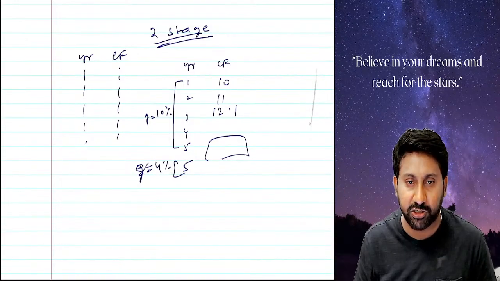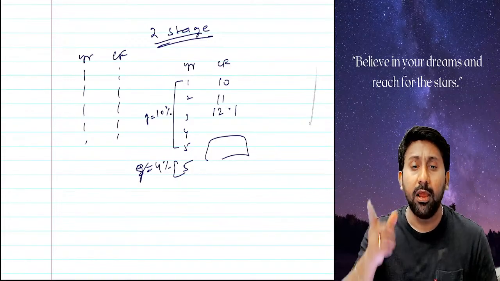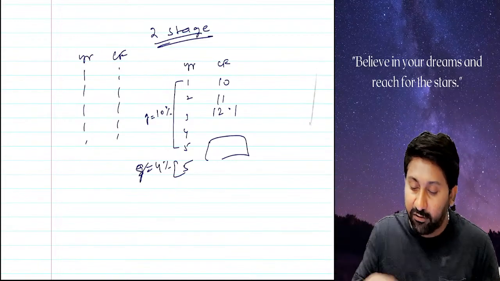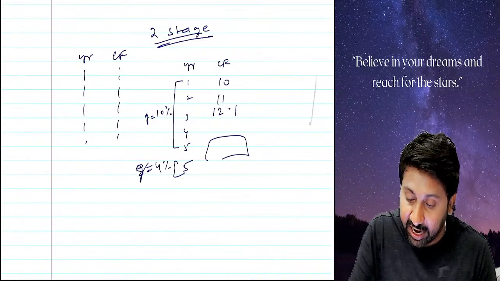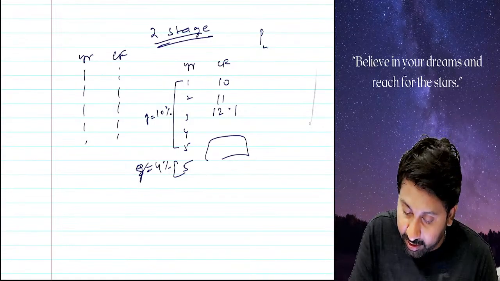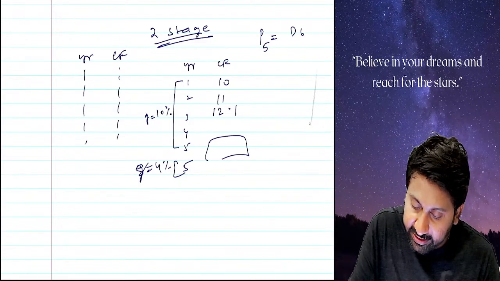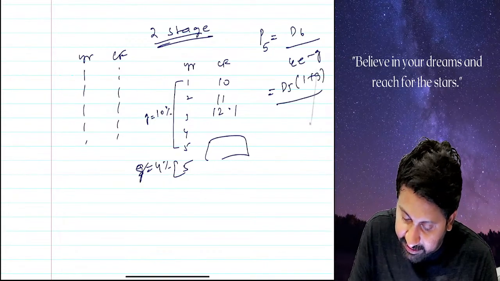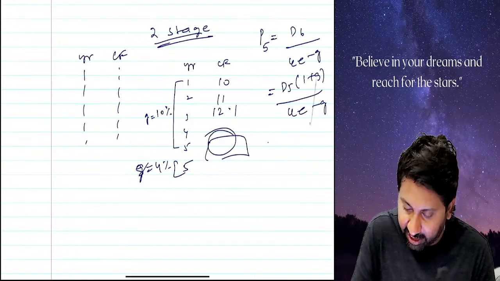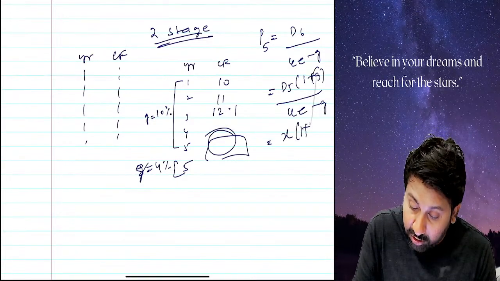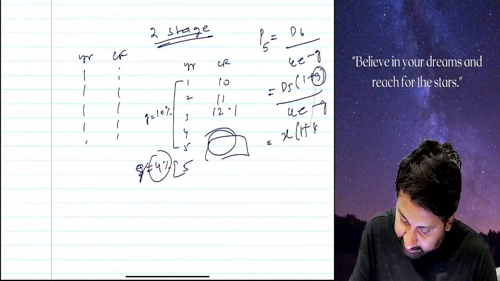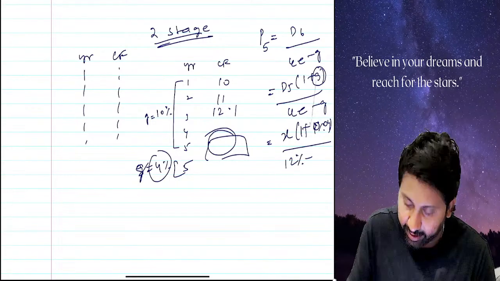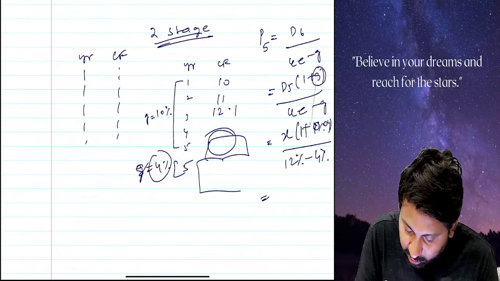What is the real meaning of this question? There will be a shareholder. He wanted to hold the share for 5 years and will sell at the end of the 5th year. So I want P1, P2, P3, P4, P5. P5 will be dependent on D6 divided by K minus G. D6 can be written as D5 into (1 plus G) divided by (K minus G). D5 you will get as some answer, X, plus growth for the perpetual period 4% or 0.04, divided by K, which will be given. Let's say 12%. Minus growth, which is 4%. That value you have to write here.